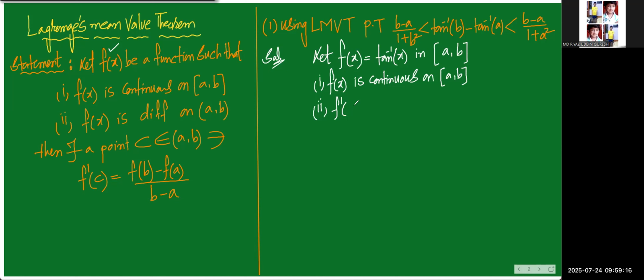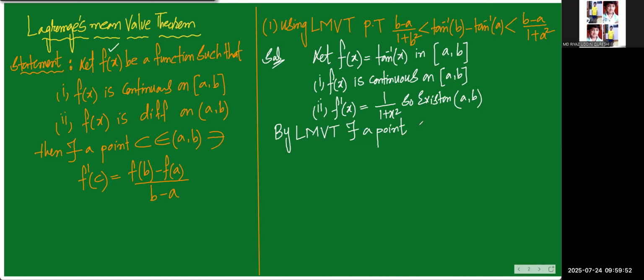F dash of x is equals to tan inverse of derivative is 1 by 1 plus x square. So exist on open interval a comma b. Two conditions satisfied. So simply we say by Lagrange's mean value theorem, there exists a point. मैं थोड़ा सा अलग कलर में लिख रहा हूँ, क्यों लिख रहा हूँ उसका रीजन भी आपको समझ आएगा बाद में. C must belongs to a comma b